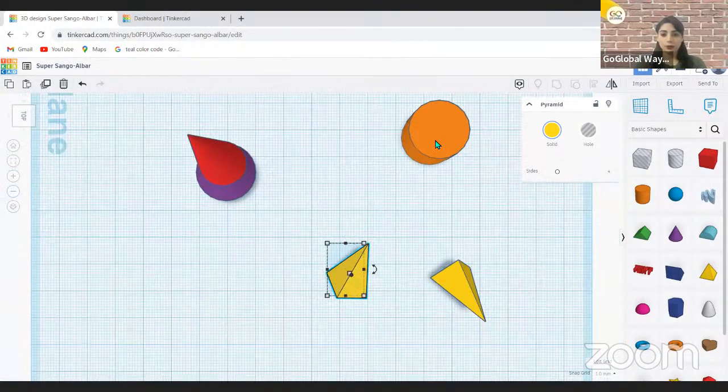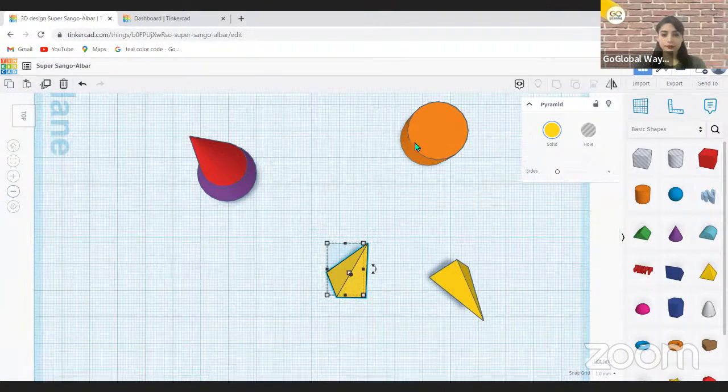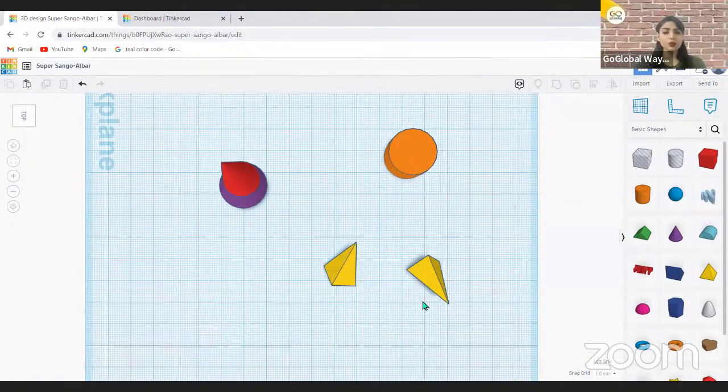And I will hold my cylinder. This is the cylinder sprite. And you will take this cone and you will have to join it to the cylinder. So